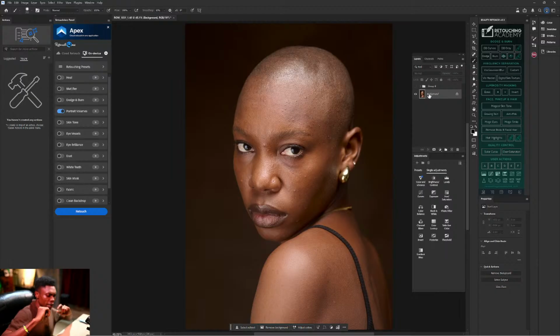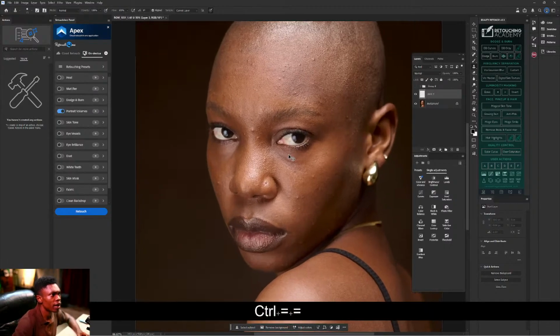So this particular image, wetin I go do, I go create empty layer on top. This empty layer, I wan comot the pimples. Wetin I go use comot pimples? I go use clone stamp. If I select clone stamp, make I zoom in a bit.